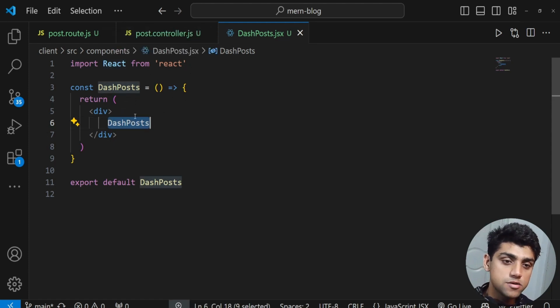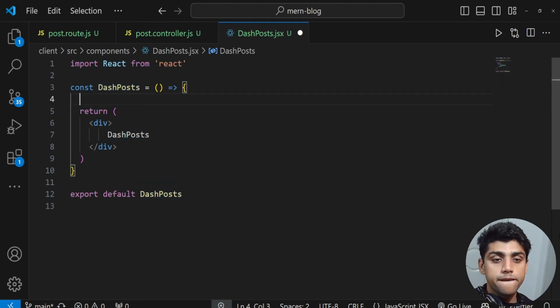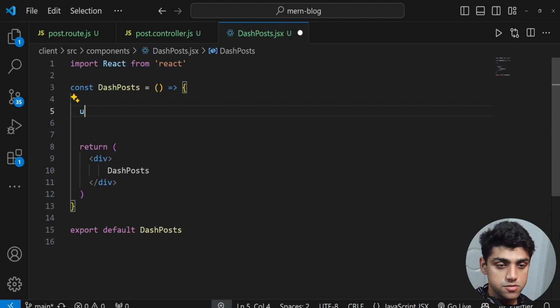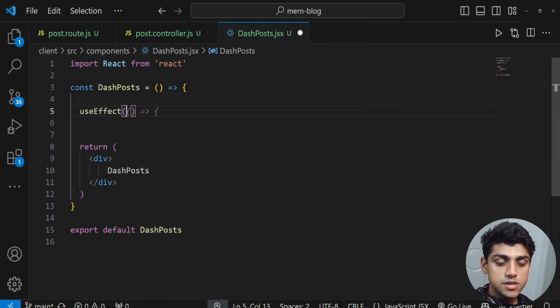So let's go to React hook. Over here we have a return, and right here we could have this useEffect hook. So you essentially put round brackets in here,